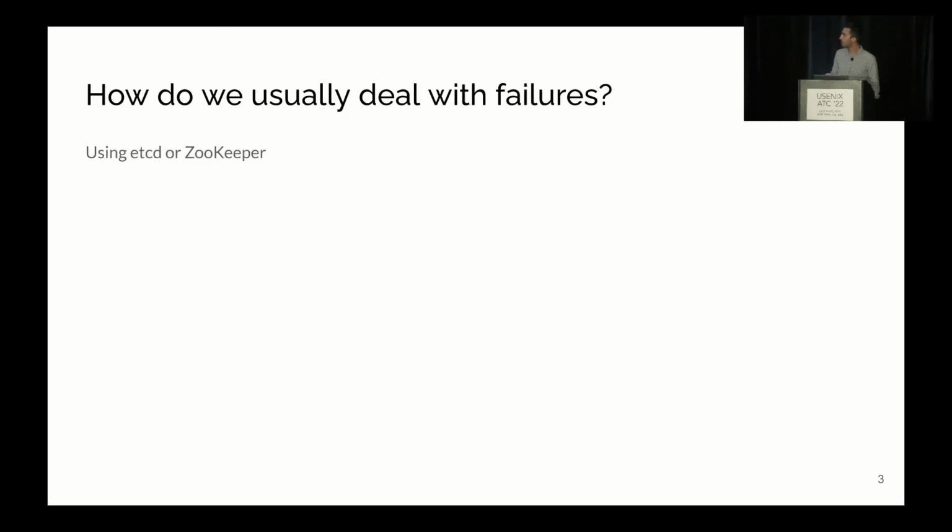The answer is that this is pretty much the reason why almost every distributed system uses a service such as etcd or ZooKeeper. These tools can do many things, but what we're interested in today is their ability as membership services. Membership services basically act as reliable configuration stores. By configuration, I pretty much mean what is the set of nodes that are within the system.